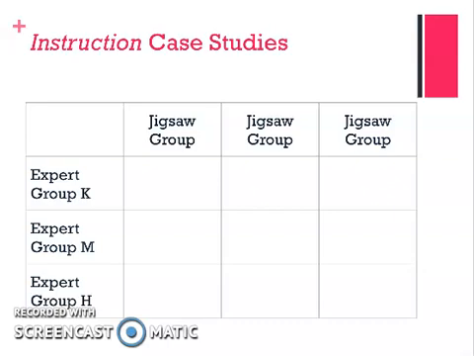So that's one way that you might flexibly group for the jigsaw, by interest in this case. It's also an opportunity to differentiate by readiness. And this is where that idea in step 2 that it's heterogeneously grouped can be modified. Perhaps you have your expert groups